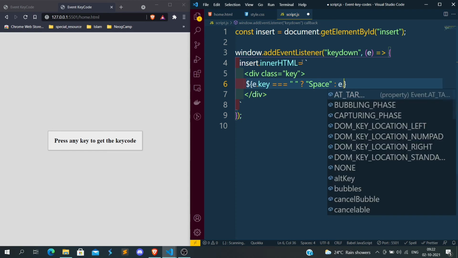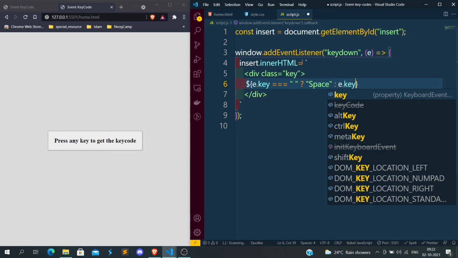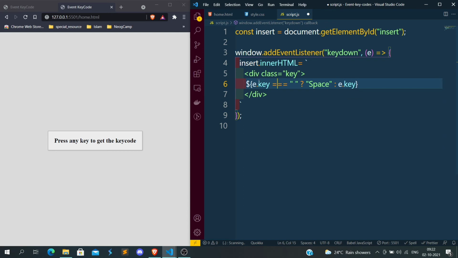So we have e dot key. So what I am doing, here I'm going to print this e dot key. So before that I'm checking whether the user has clicked space or not. So if the user has clicked on a space, e dot key will be empty, so I am showing the space. If the user clicks on any other key, I'm just printing that key value.